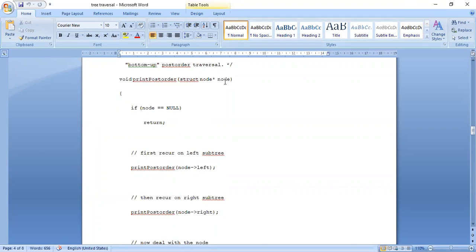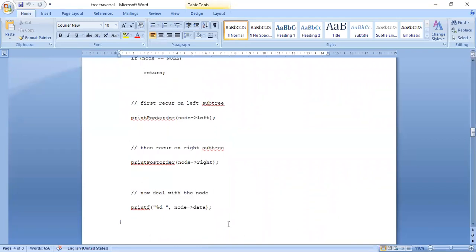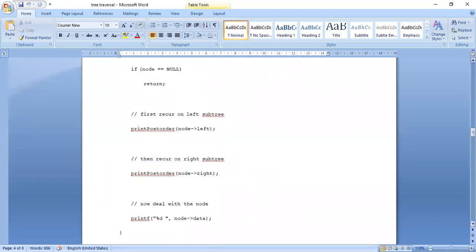Struct node star node is nothing but the address of the parent node, so in the arguments I will have the address of the parent node. If node is null, if parent is null, return. Else, printf post order of node of left, printf post order of node of right. Next, printf node of data. So you can see here the same thing.